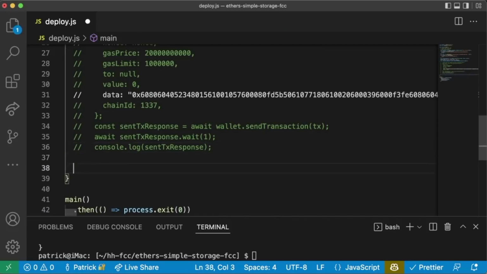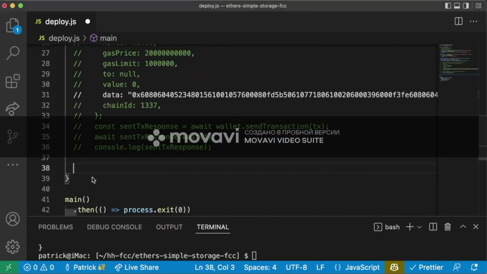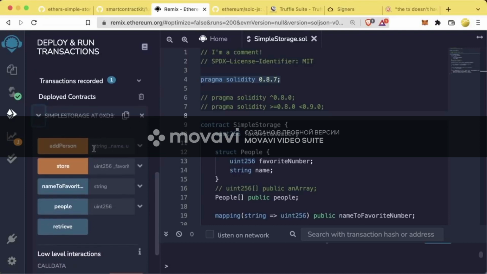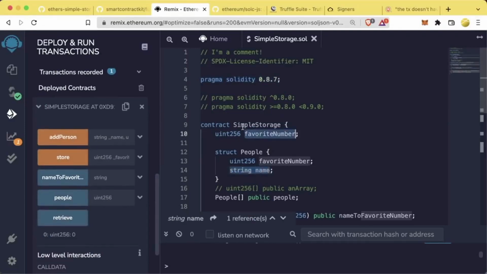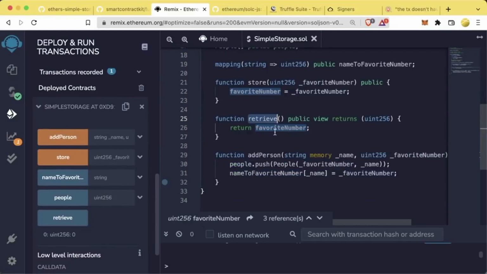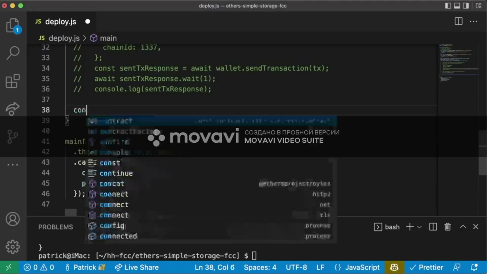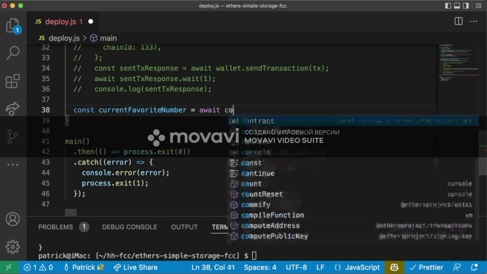Now that we've actually deployed our contract, we can learn how to interact with our contract through code as well. The same way that we clicked these buttons in Remix, we're going to code it out for ourselves here. So if we look at simple storage, we have a button for add person, for store, and then we have these view functions as well. The easiest one is going to be the retrieve function, which grabs our favorite number. Retrieve returns favorite number. So we can call that in ethers by doing const current favorite number equals await contract